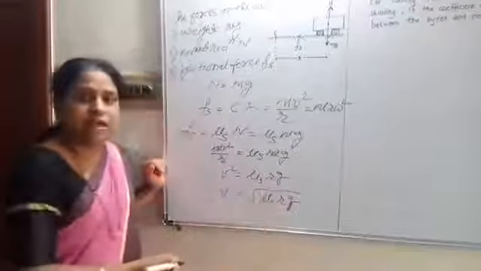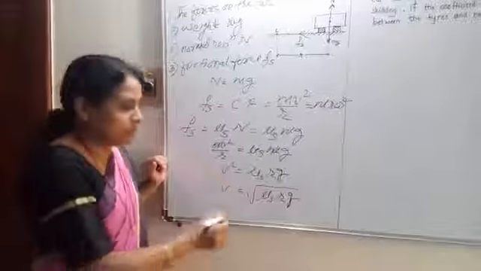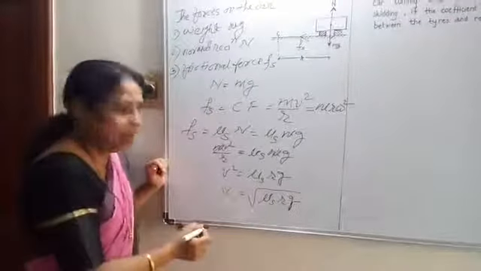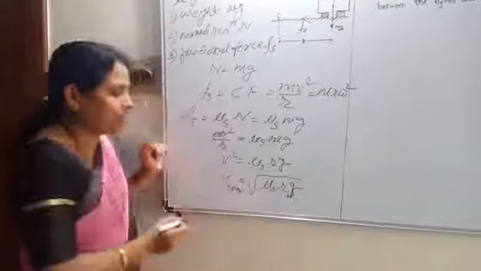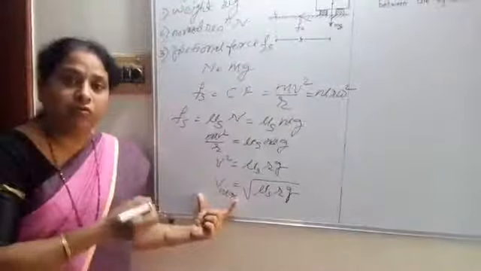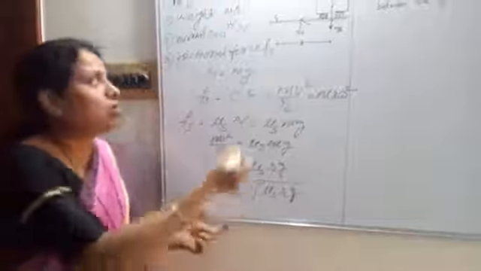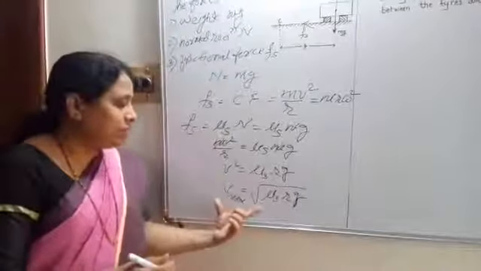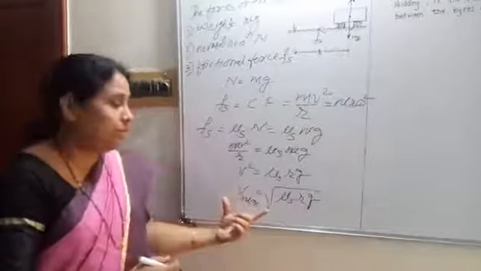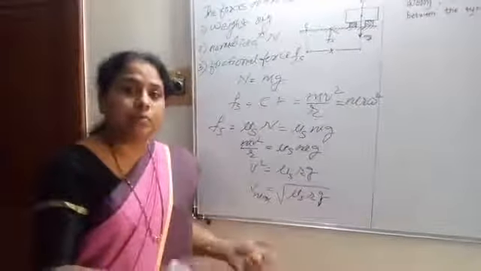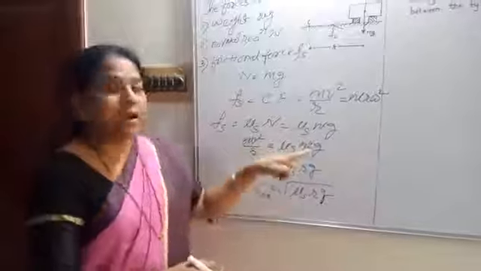We say that this is the limiting force of static friction, that is the maximum value of static friction, and we can call this velocity v max, that is the maximum velocity with which the vehicle can move along a curved road. If this velocity is not maintained, the vehicle may skid along the circular track because the proper centripetal force will not be provided.